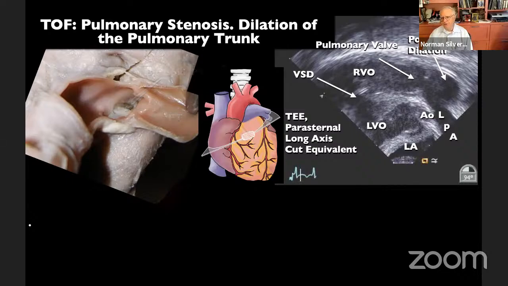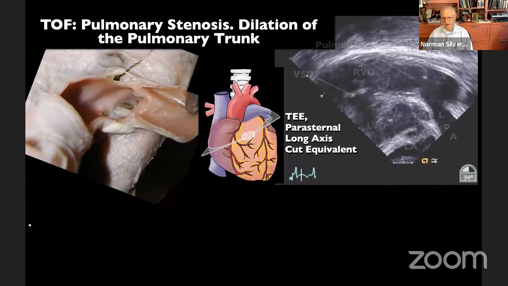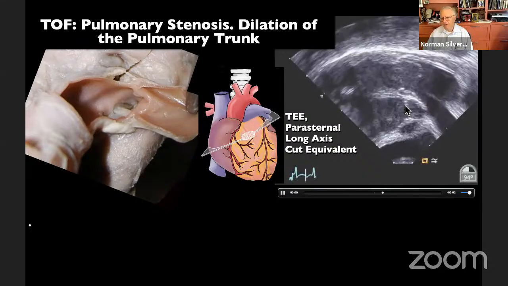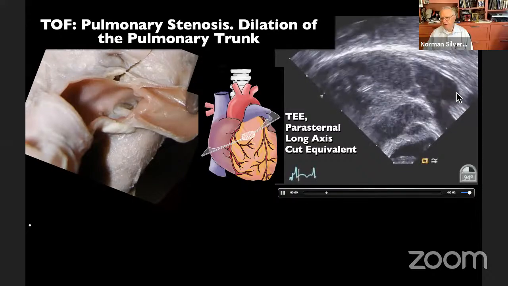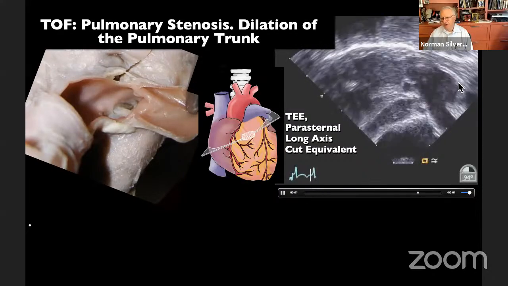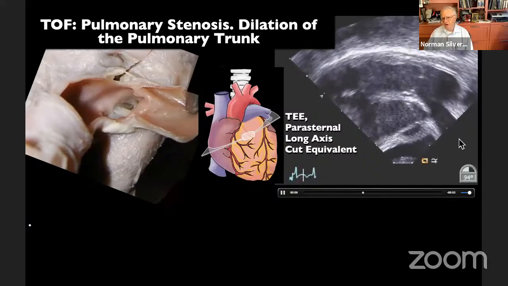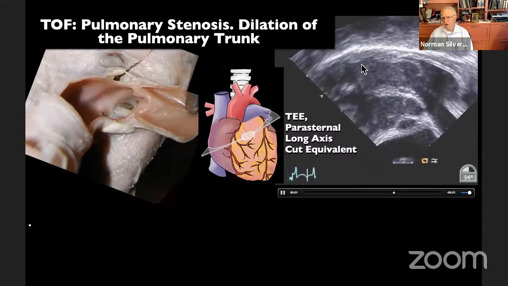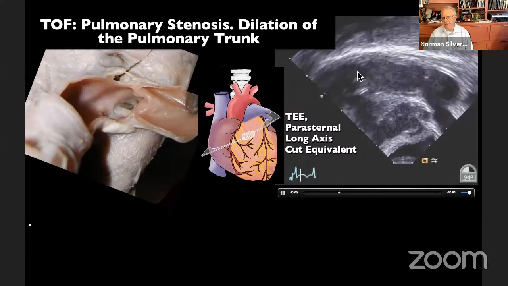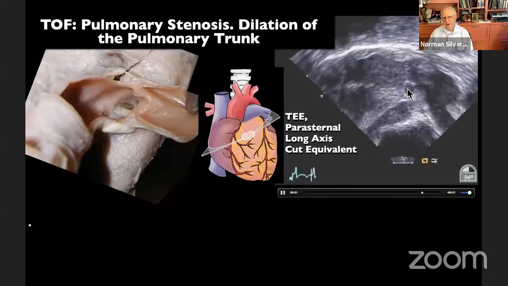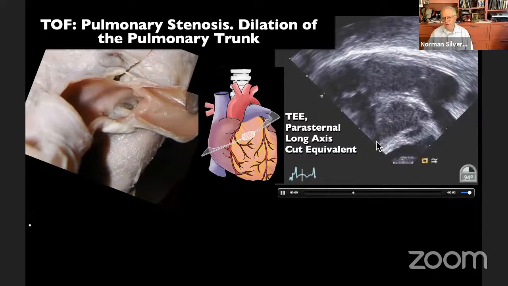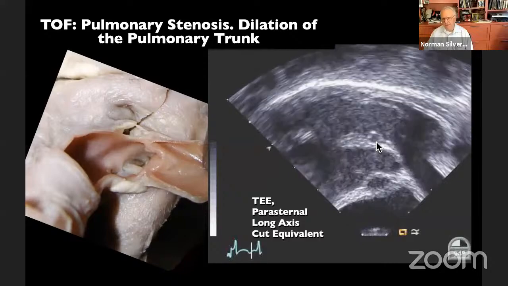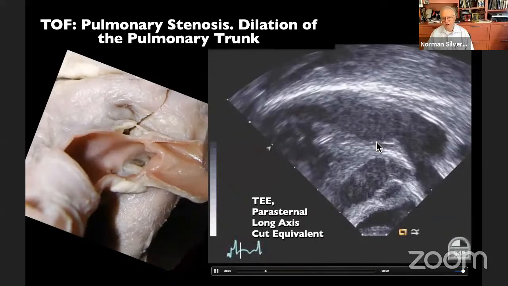And here is a transesophageal echo taken at this plane, showing the doming pulmonary valve, the poststenotic dilatation of the main pulmonary trunk from the jet hitting this area, and the origin of the left pulmonary artery. This is a fairly sizable pulmonary artery. Here is the deviated outlet septum narrowing the infundibulum, but now we're concentrating on the domed pulmonary valve, which is part of the features that you will have to encounter and define as an echocardiographer.